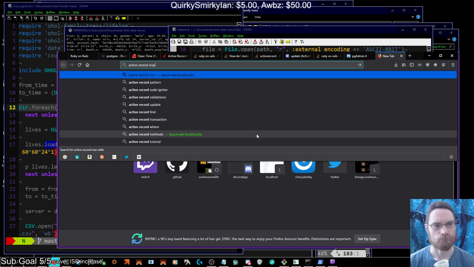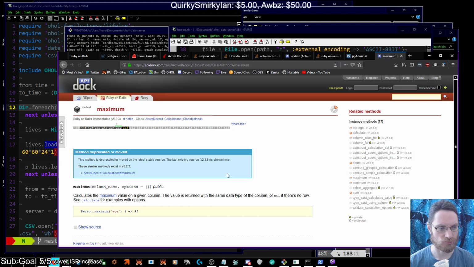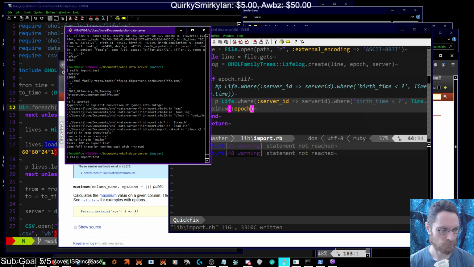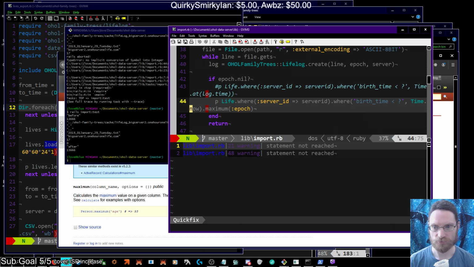ActiveRecord query interface, maximal limit, ActiveRecord calculations, person dot maximum. Well, I mean, I've been doing this. Okay, so that works. And we just have to switch this back to